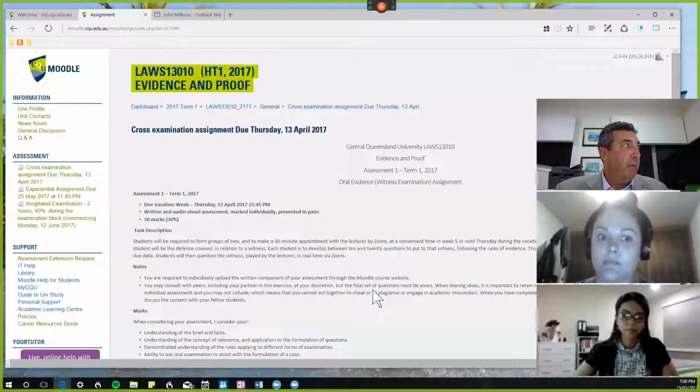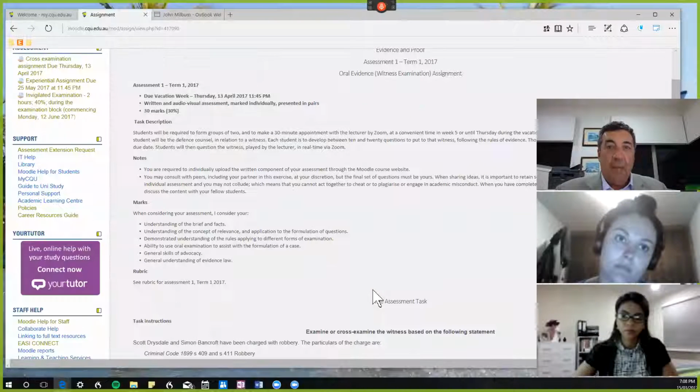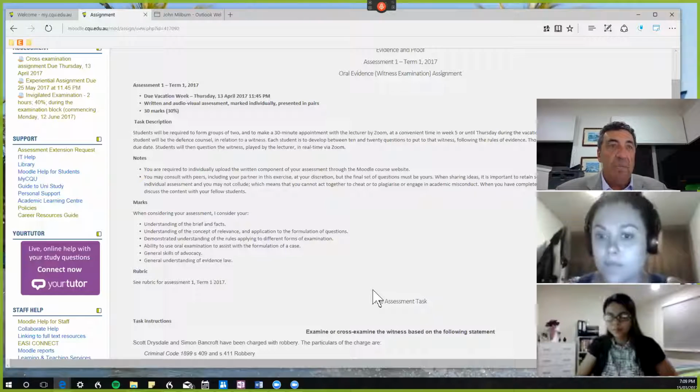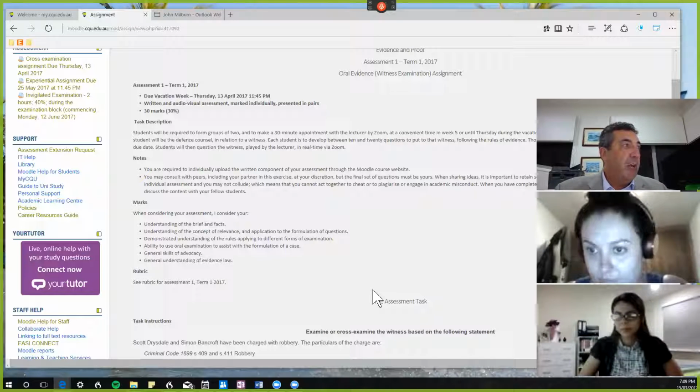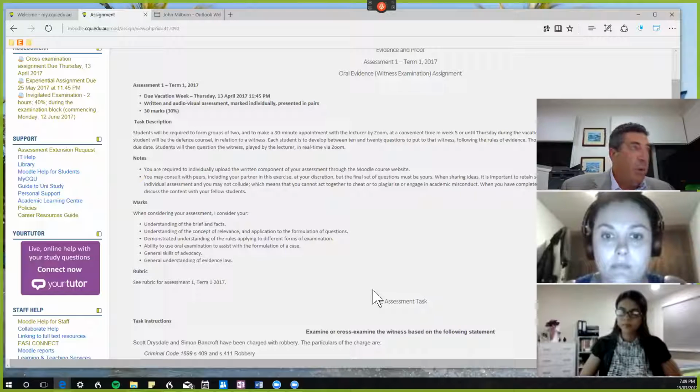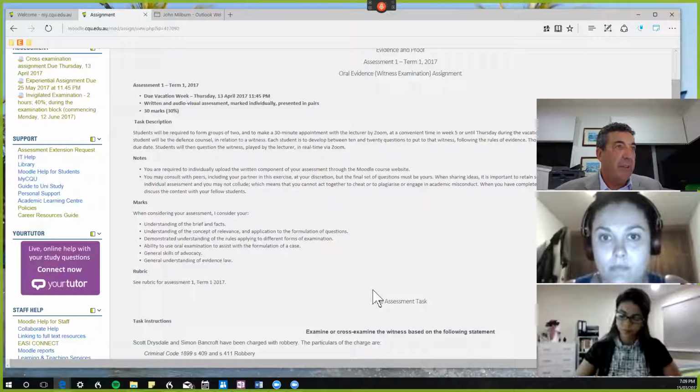All right, so what you need to do is form groups of 2 people. What you must do is find your own partner for this assessment. I'll make note of who the partners are, but I'm not allocating partners for people. So please find a partner that you can work with. It's not a team event in the sense that it's a group assignment. It's an individual assessment, and your role is to undertake the task